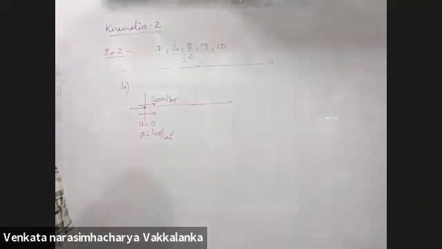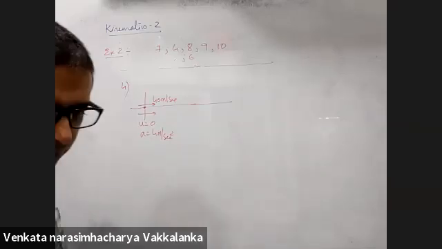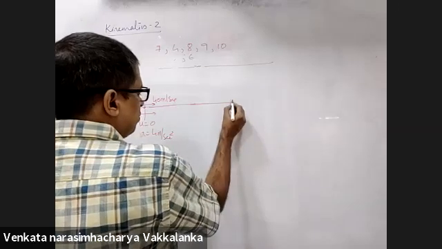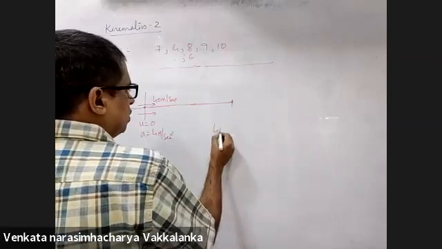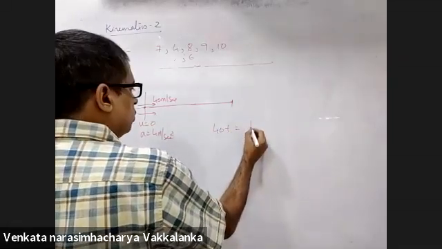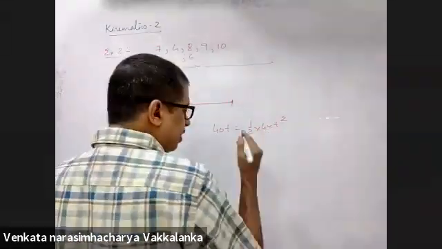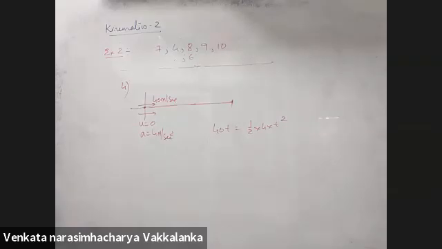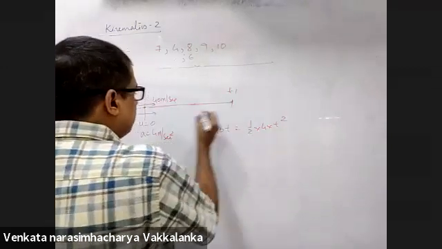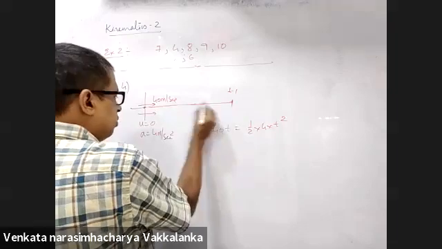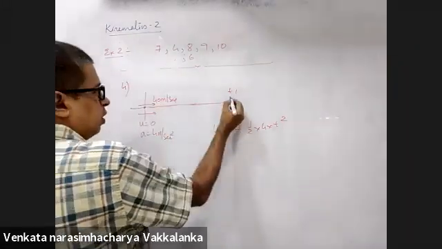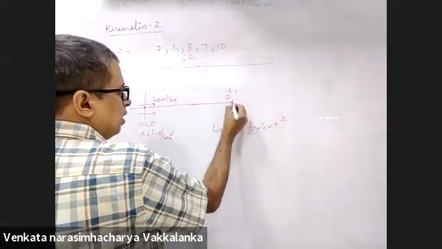Now, time elapsed before the second body catches up with the first body. Greatest distance between the two bodies prior to the meeting. Time elapsed when the distance between them is maximum, in 10 seconds. See, what is the time after which they meet? 40 into t is equal to half into 4 into t square. This quadratic equation will have two roots. So at the first time interval t1, this body is already moving ahead. I'll call this first body, second body, both will touch each other.